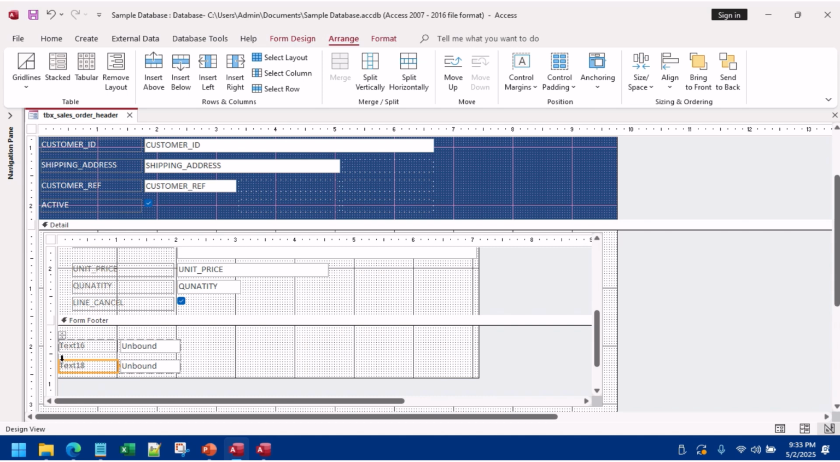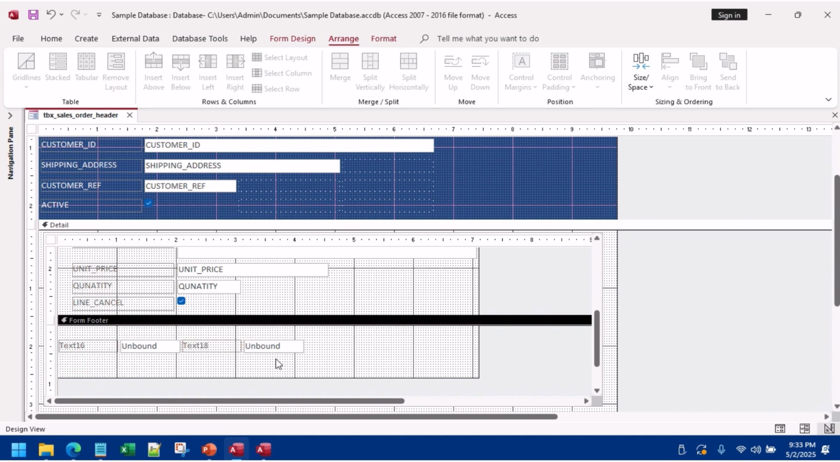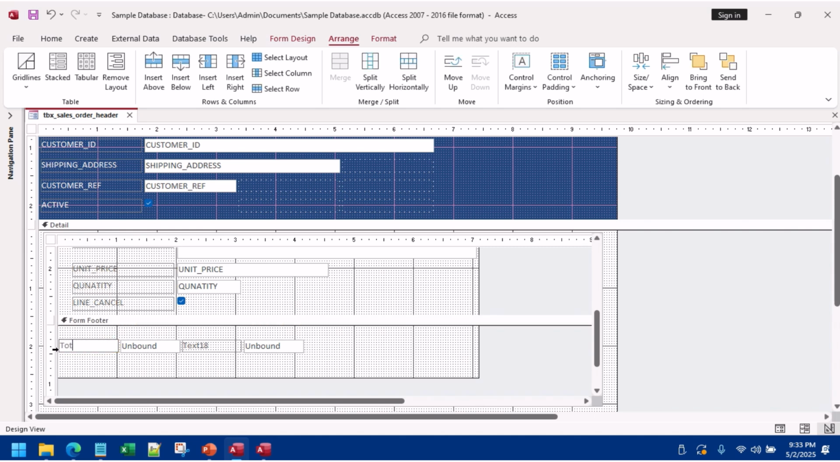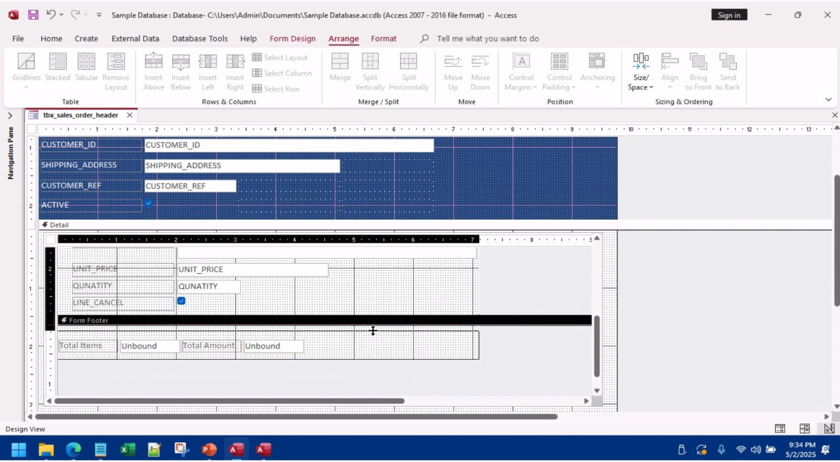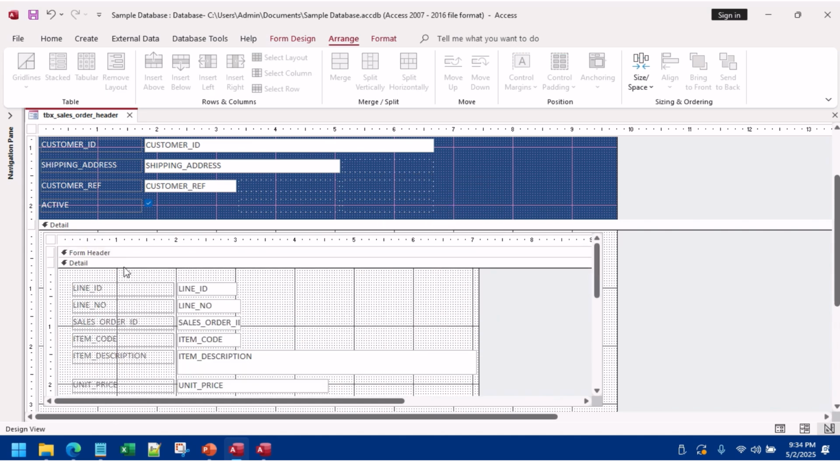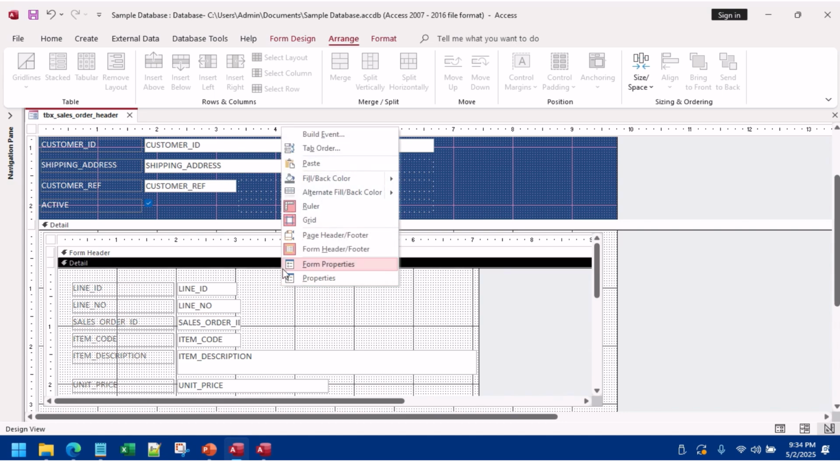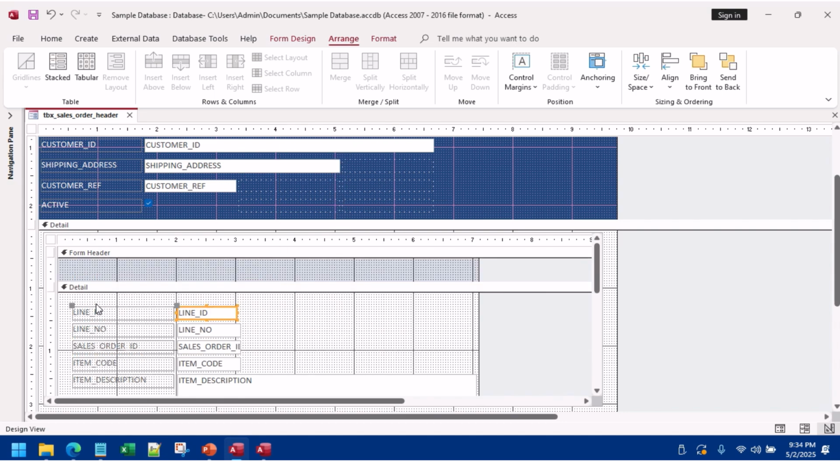and keep, okay. Here total items, here we need total. What we need to count, total amount. Okay, here we have header, and I want to copy all these,